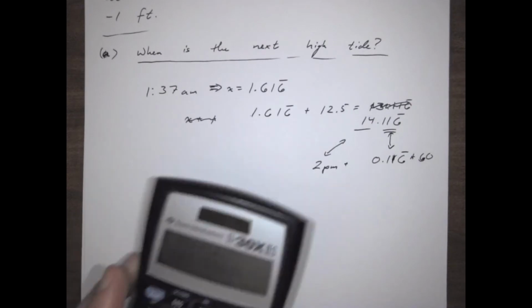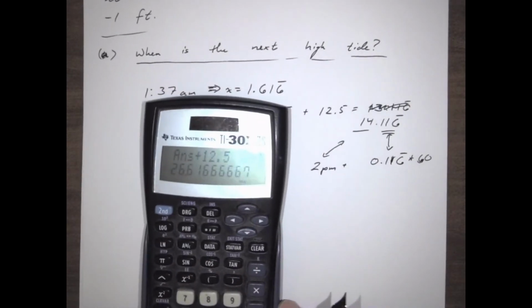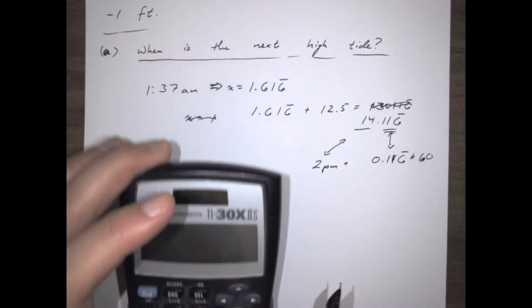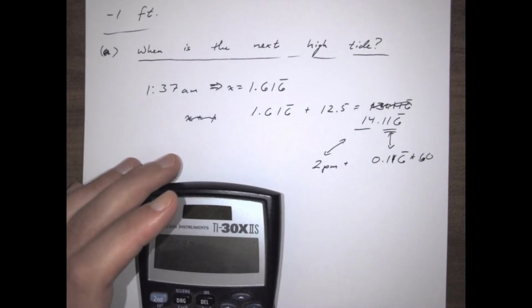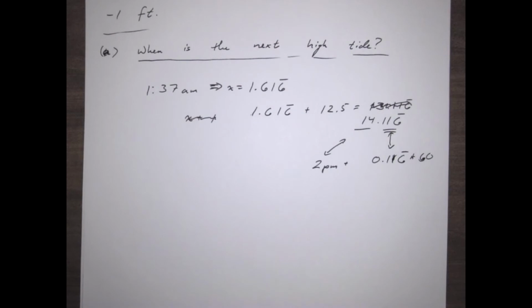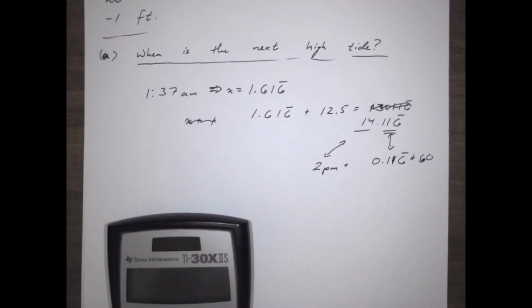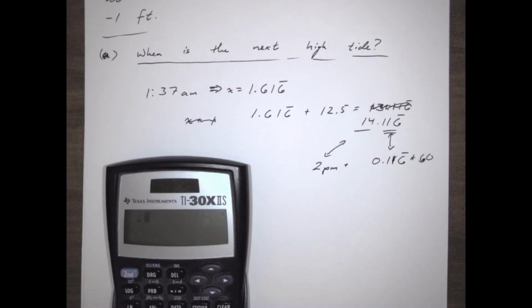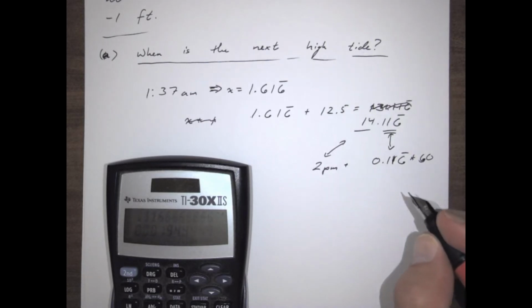So then here, the easiest way to do that without having to type it all would be subtract the 14. My calculator just got messed up. All right, so if I do the 0.1166666666 times 60, that's going to give me